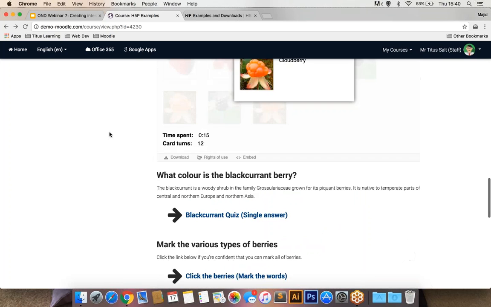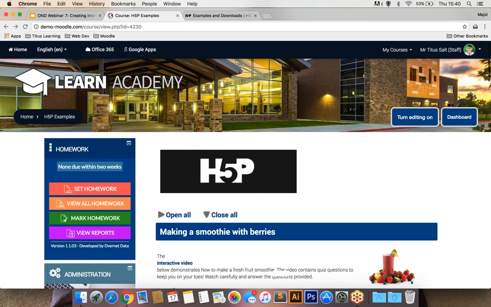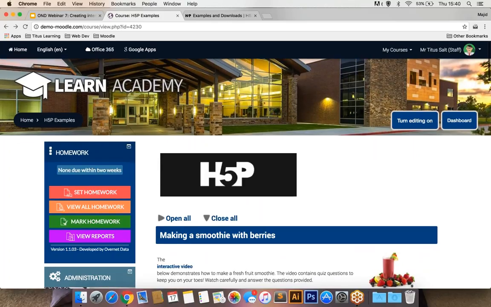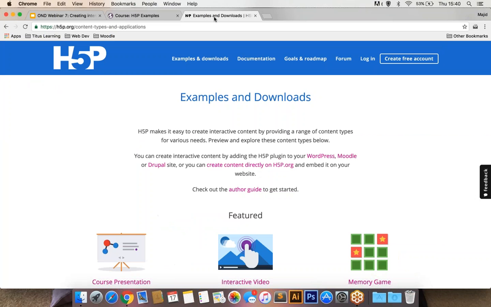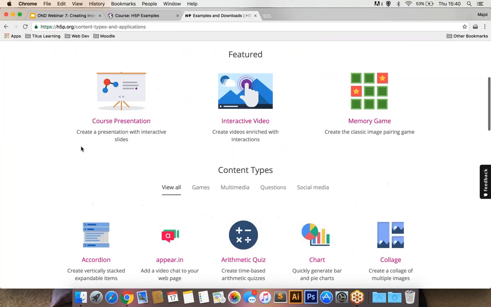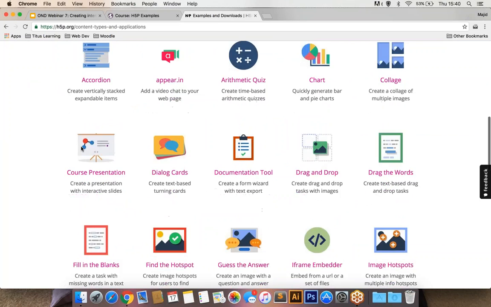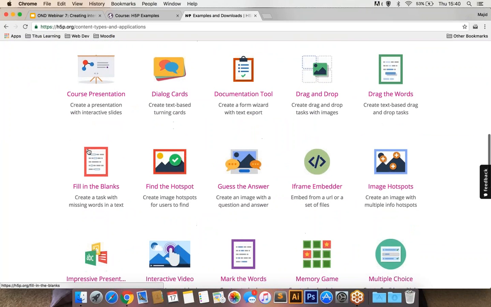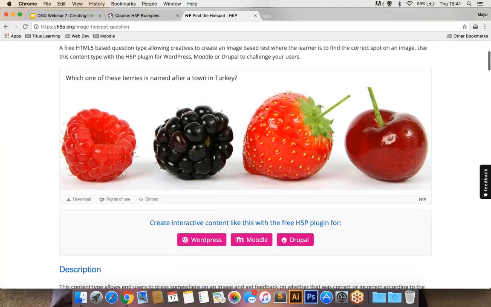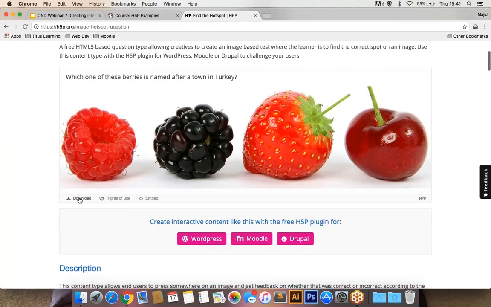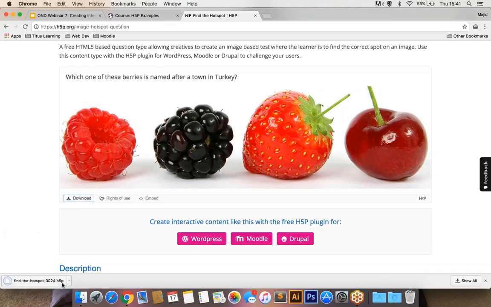Okay, so next thing to show you is how to add one of these activities. To start off with, if you have the plugin installed on your Moodle site, the first thing to do is try and use one of the examples that have been provided. If you go to the H5P website, you can go into, let's say, one of these examples, and let's have a look. We've got one called Find the Hotspot. If I click on this, I can download this from the H5P website by clicking this download link,